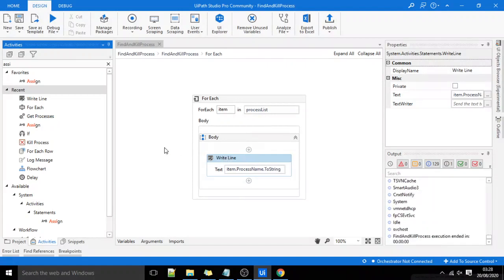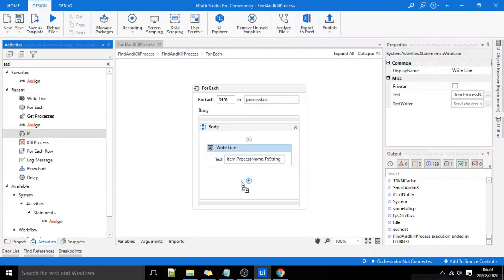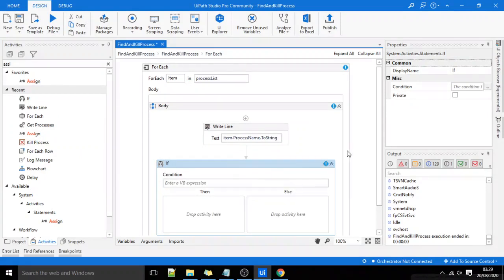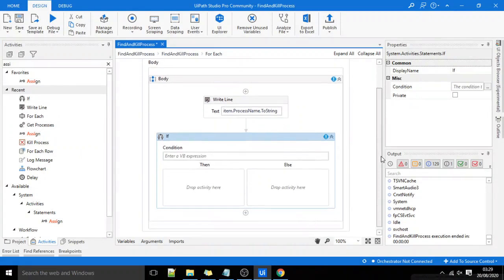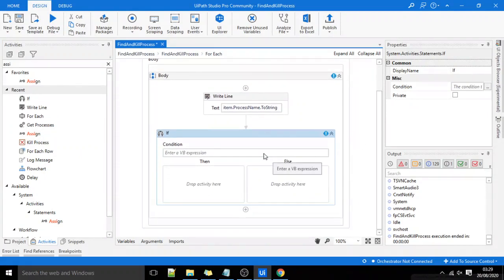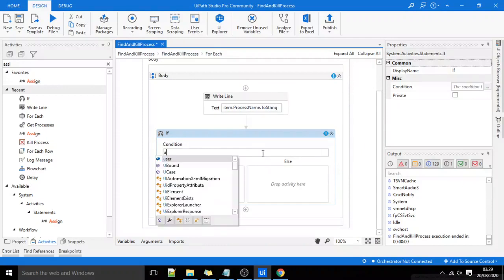Now suppose you want to kill any process or a process that is specific to a user. So we will put that filter condition by using an if statement. We already have the username.